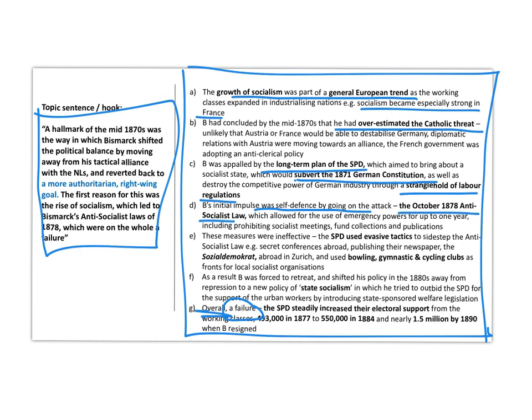On the whole, they didn't work, they were ineffective. The SPD used evasive tactics. Again, there's really good knowledge there from Carr, I think that is, nothing on that in the textbook. So you're showing how they evaded the laws through using gymnastic and cycling clubs as a mask for local socialist organisations that basically went underground, and socialist organisations just simply had a different guise.